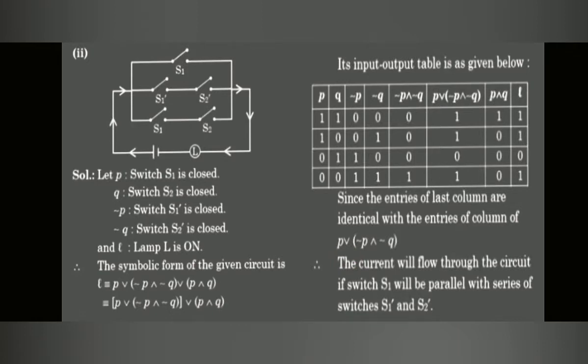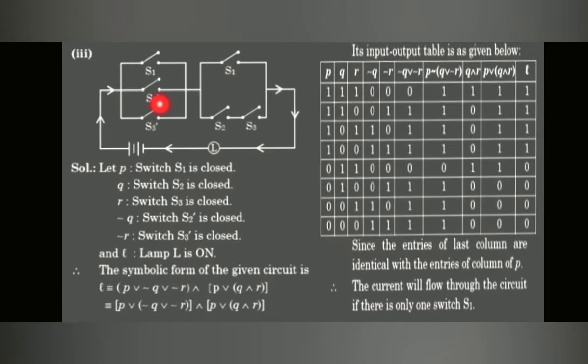Next, see here in the diagram: switch S1, S1, S2 dash, S3 dash, S2 and S3. Three statements. Right here P, switch S1 is closed, Q, S2 is closed, R, S3 is closed, negation Q, switch S2 dash is closed, negation R, switch S3 dash is closed, and L, lamp is on. The symbolic form of the given circuit is L is equivalent to